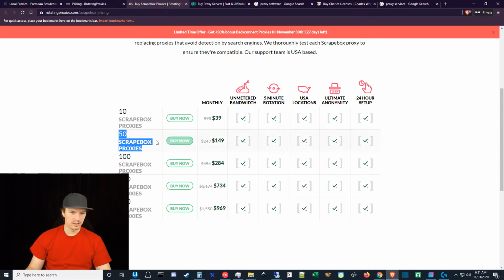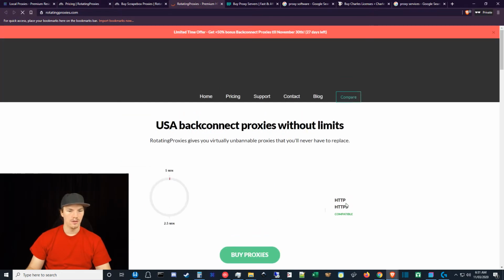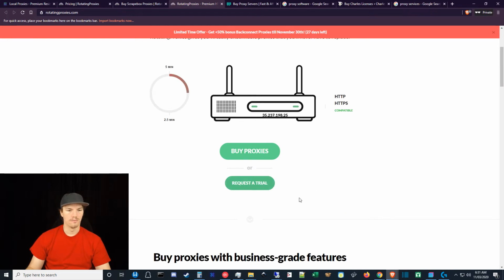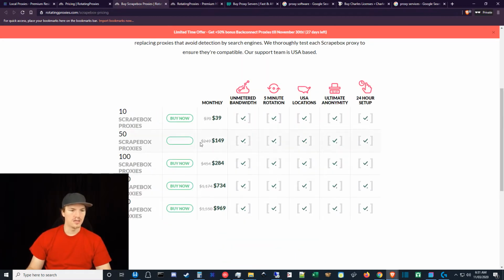When I did this, I bought this. I didn't get to do a trial because they have a trial on their homepage, but it's kind of subtle. It was just like request a trial. So, I don't really pay attention to the, here, fill in an opt-in form kind of thing. If it says $5 for a trial, like they told me it's $5. Like you can request a trial and pay $5. So if you wanted to do that and try one of their other products, that would be a worthwhile thing for you to do. And I'll talk about some of the other products, but I actually bought this